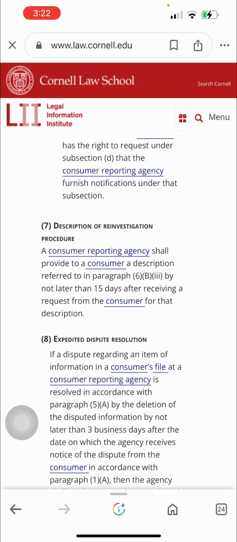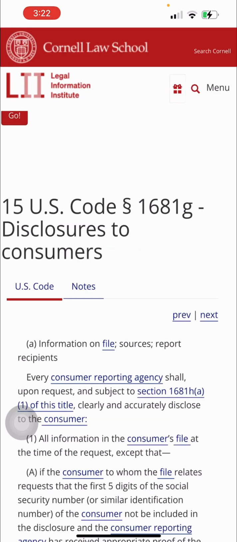So let's jump back to 15 USC 1681g(a)(1). These disclosures they talk about, the consumer reporting agency should have already had them attached to your file. Before any account can be inserted into a consumer report, there are procedures, y'all, that the consumer reporting agencies shall follow. They have to make sure before putting that information on your consumer report that it's 100% accurate.